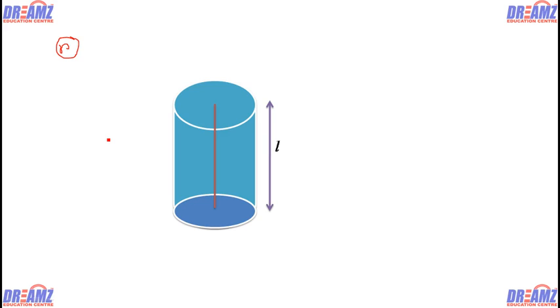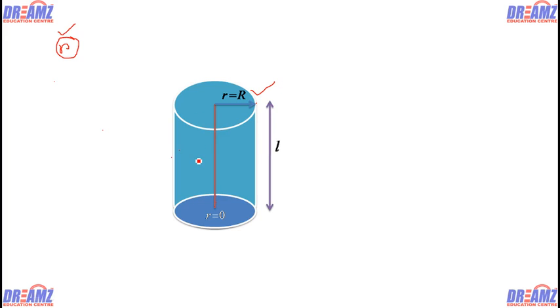Now in the case of a cylinder, we are again considering this quantity small r. And now this small r is the distance between any point, whether outside, inside or on the surface, and the axis. Because in the case of a sphere there is a center, in the case of a cylinder there is an axis. So if the point is on the axis, then small r will be 0. If the radius of this cylinder is capital R and the point is on the surface, then small r will be capital R.